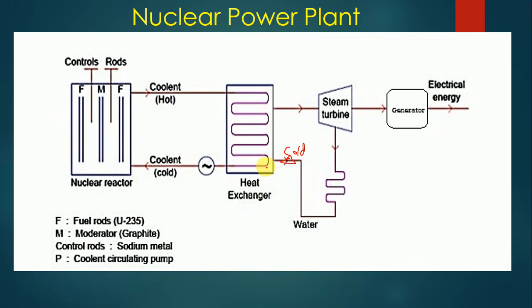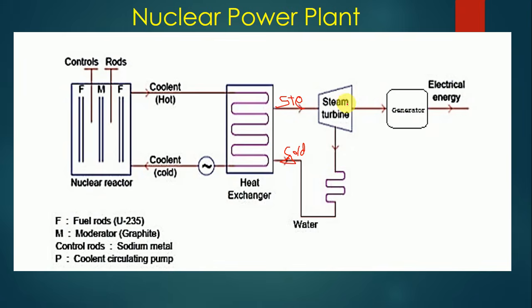So now there will be heat exchange between the fluid inside the tube and the water outside of the tube. Because of the heat exchange, the water will get heated, and a time will come when it will get converted into steam, and at the output from this heat exchanger we have steam as an outlet. So cold water we supplied as the input, and at the output we get steam because of heat exchange.